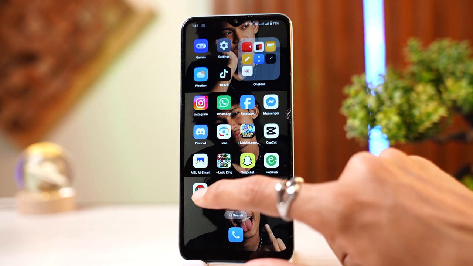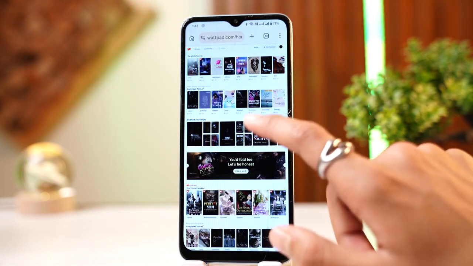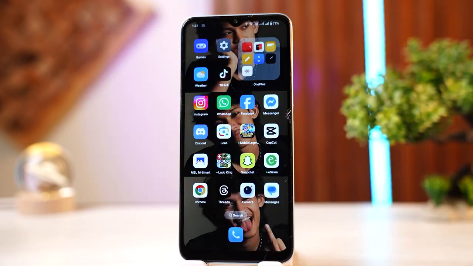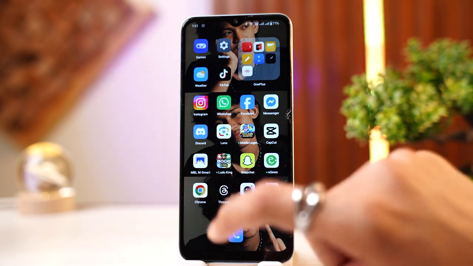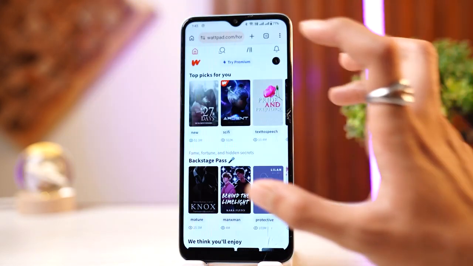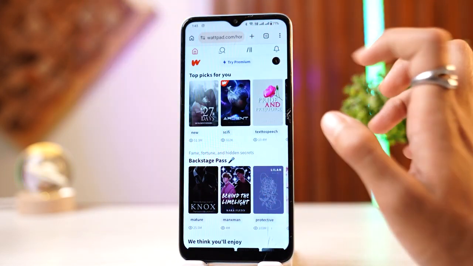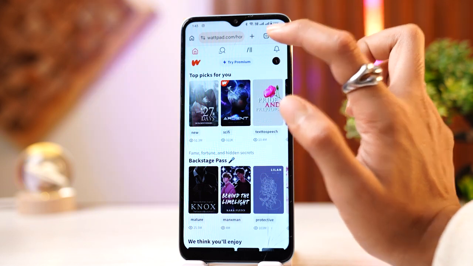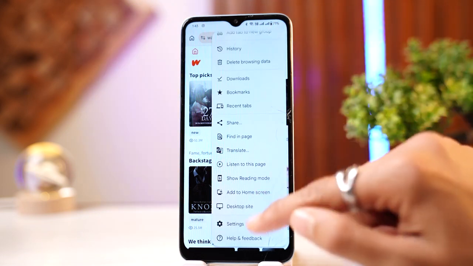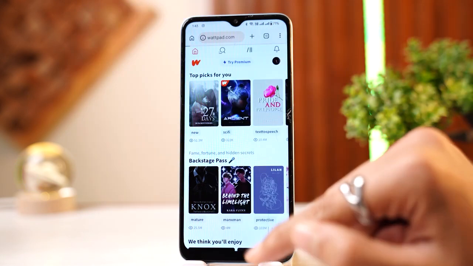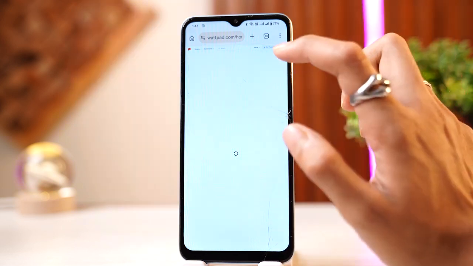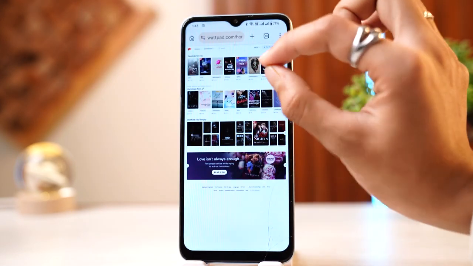For that, go on your search engine and open your Wattpad website, and then press on this three dot here and scroll a bit till you see this desktop site. Open this desktop site and zoom